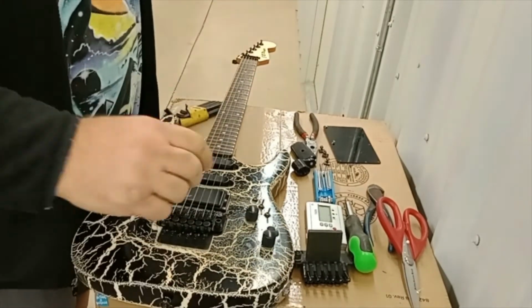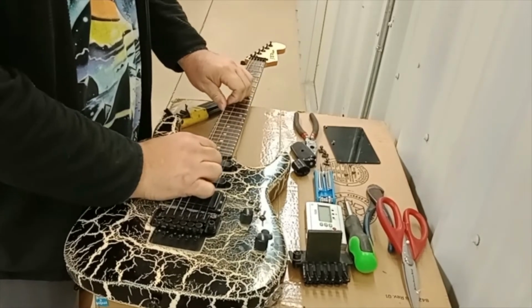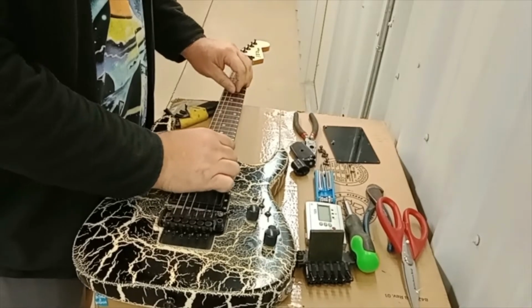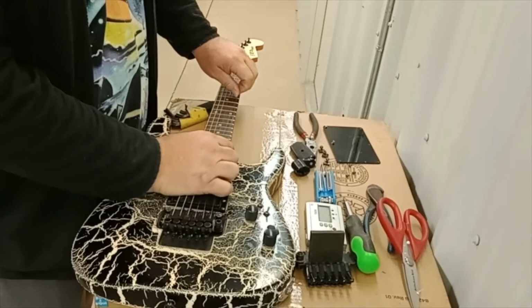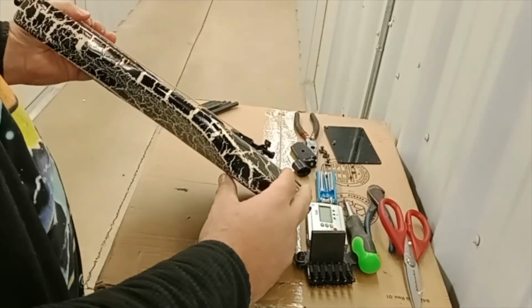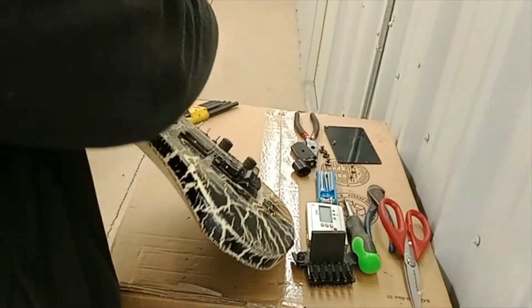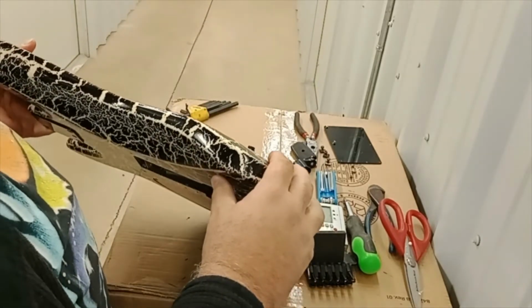Okay. Of course, stretch those strings. Do it just like I'm doing it right there. Just kind of wave them around. What you're doing is you're pulling them tight up against the tuner. And it doesn't take much. And then let's look at the Floyd. Let me get my glasses on so I can kind of see. If you look at the Floyd now,